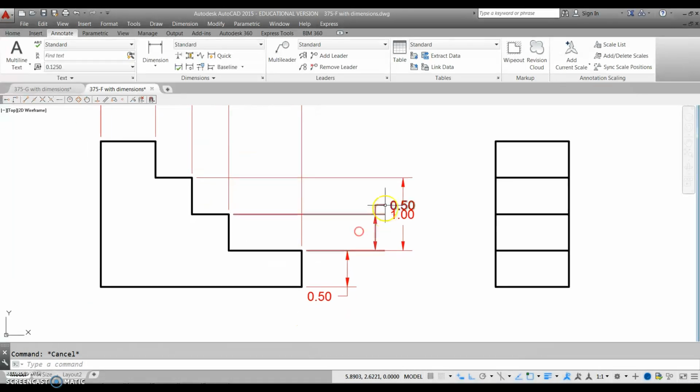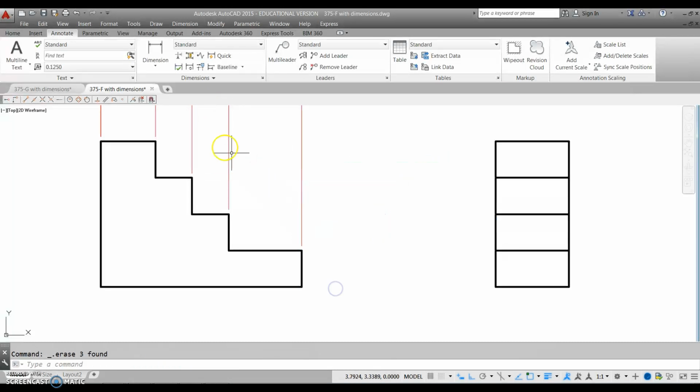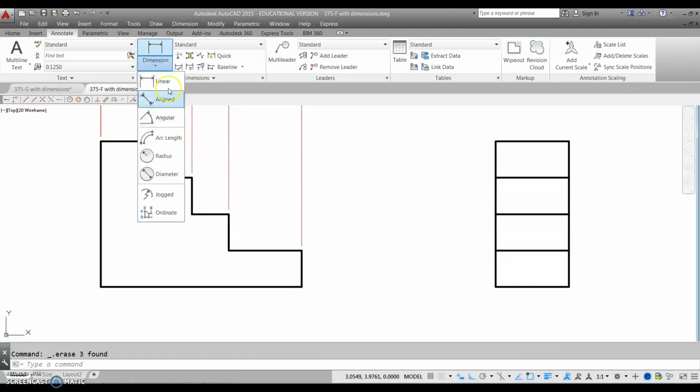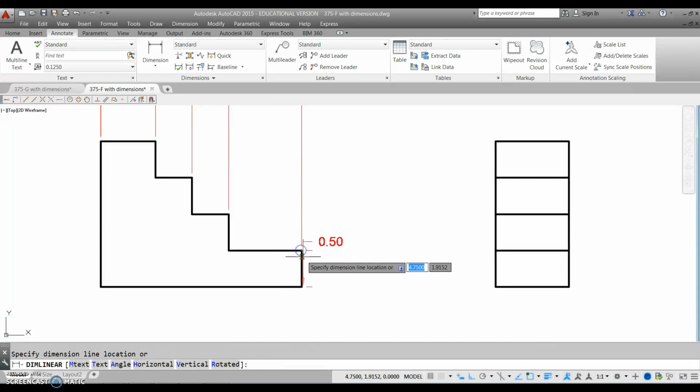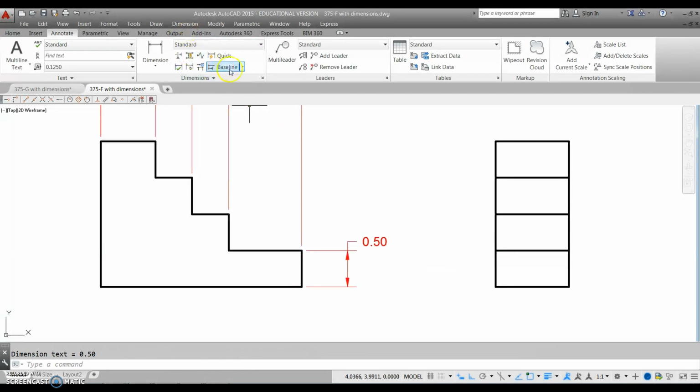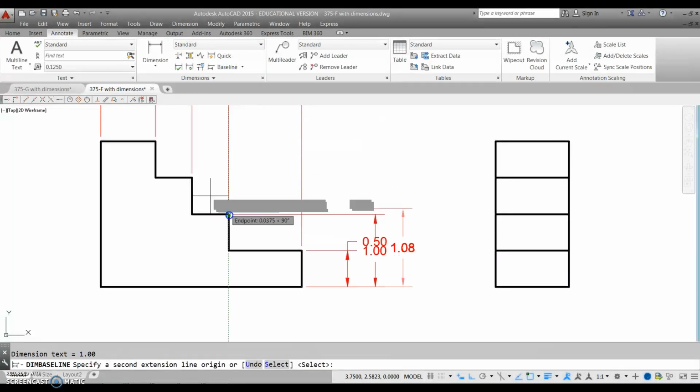So you can see here, this is not working out with my baseline because I picked this one and then this one. So it said this is my baseline. I just wanted to show you that potential problem. So I'm going to go back now. Let me just kind of back that up and let's delete all of that. And we're just going to be left with having to fix our text when we're done. So I can easily move that 0.5 to the bottom when I'm finished. So 5/8, baseline, pick,